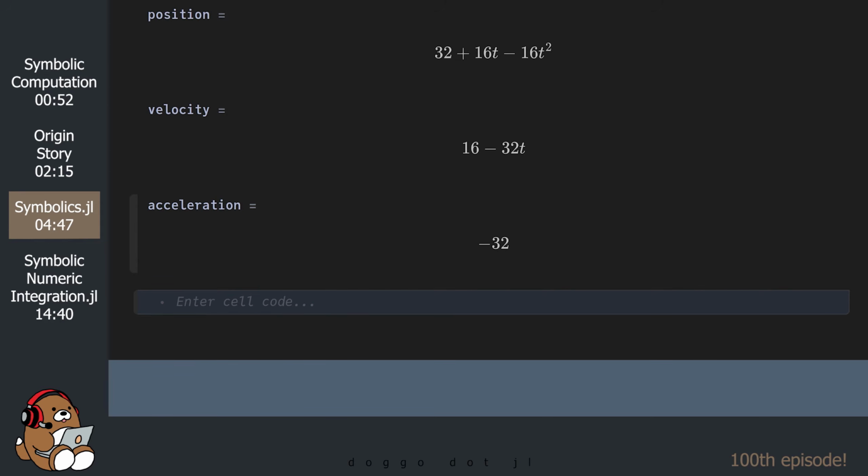Now, these symbolic expressions are not just pretty pictures. You can use them to solve problems numerically.